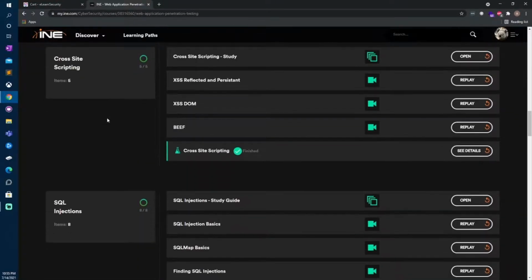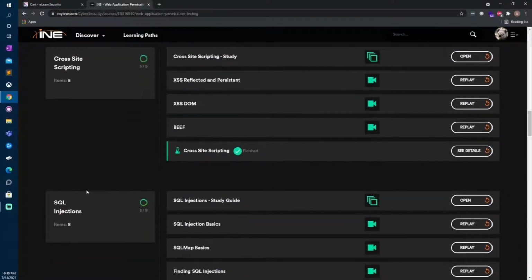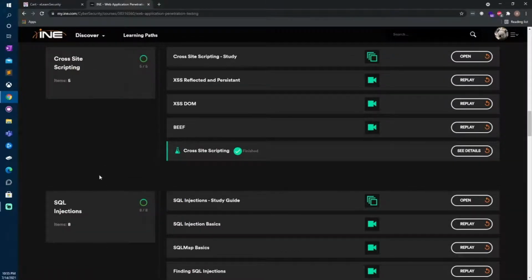Now, these two sections are some of my favorite in this course material, the cross-site scripting and the SQL injection sections. And the reason why I like these two sections so much is that the labs are excellent for this section. If you did not know, there are 3 different types of cross-site scripting, and there are a few different types of SQL injection as well. If you are not 100% familiar with the different types of these attacks and how they are differentiated, either in impact to the website or in the payloads that you utilize to execute each of the attacks, these labs are excellent because